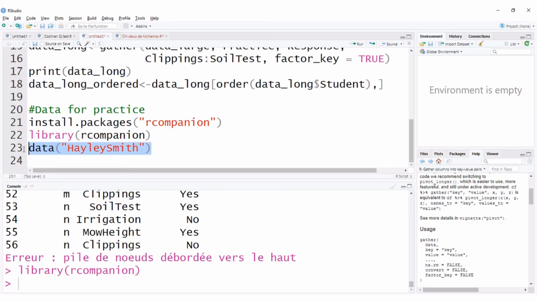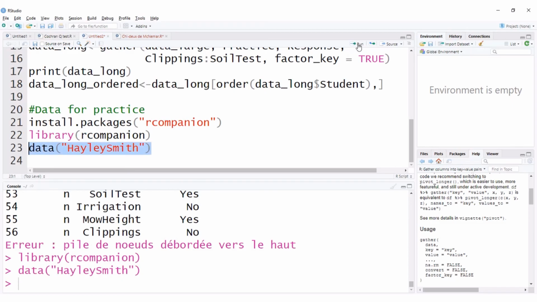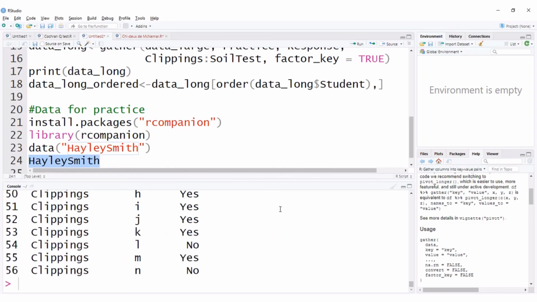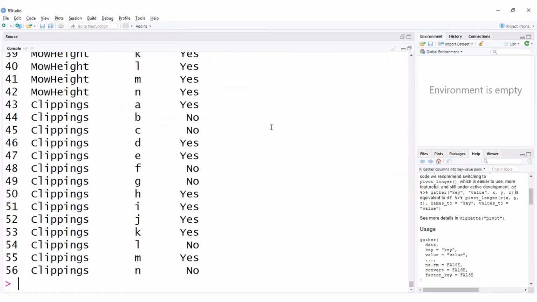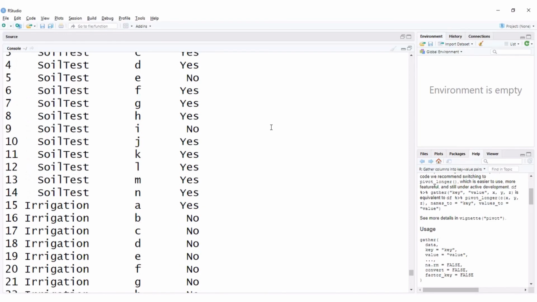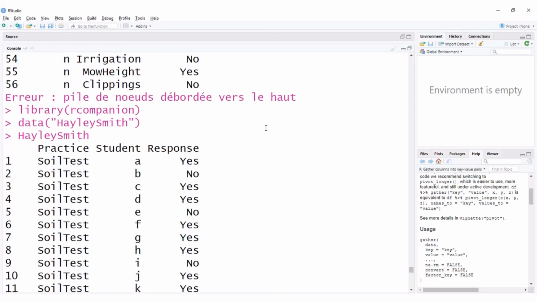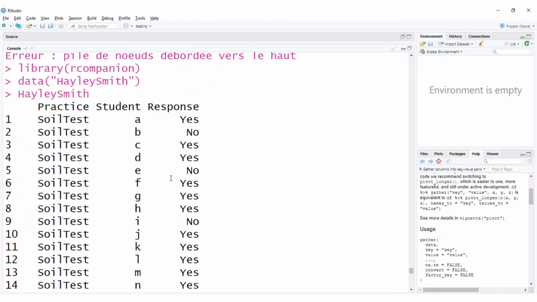If I load this, it's loaded. And now if I execute Haley Smith, or you just get down and write Haley Smith, let's execute this, and this is our data set. As I told you, this is our data set. Haley Smith is here. So it's the same thing, but I changed it a little bit,